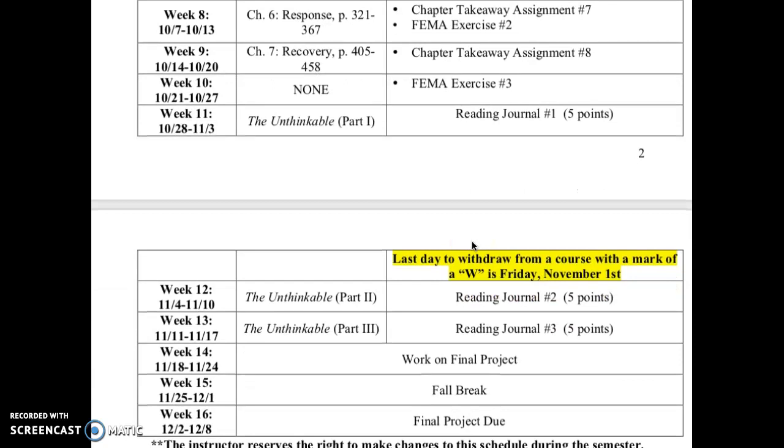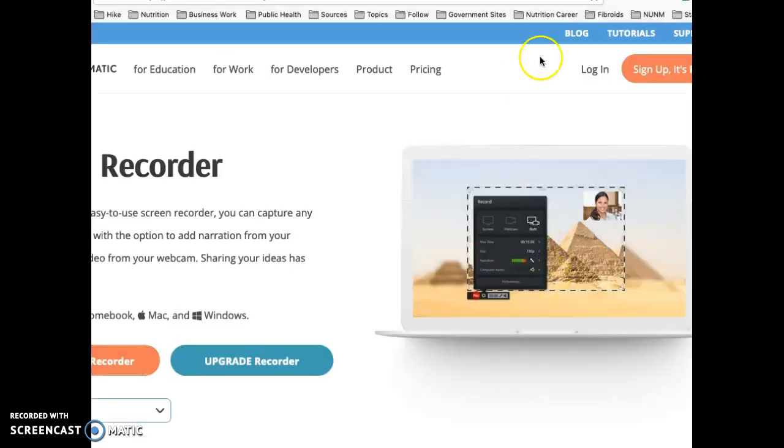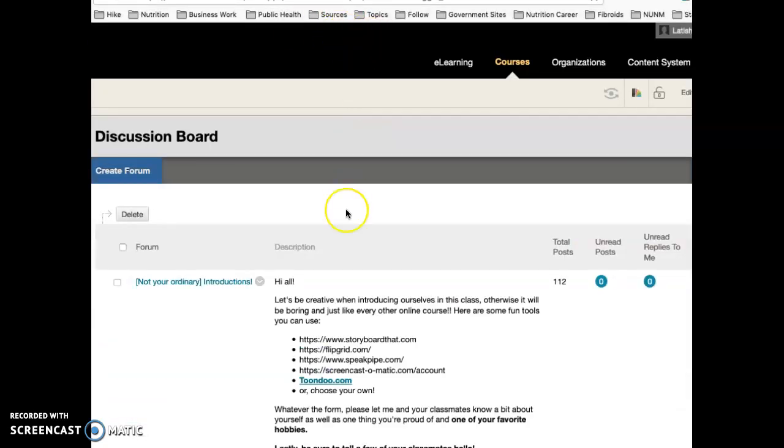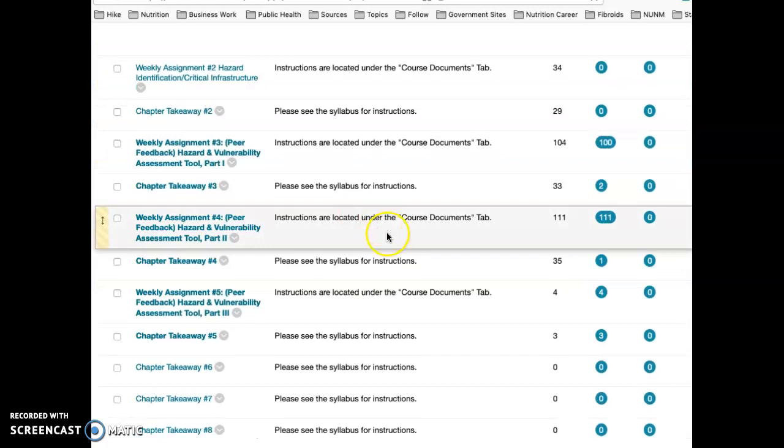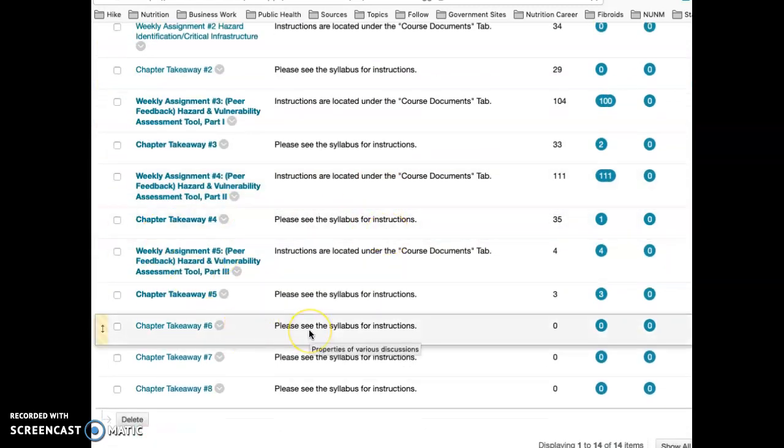So there's that, and then we jump into the reading journals, which I've given you examples for on the website too. Those are more like opinions, feelings, no citations necessary, not at all. So it's like a chapter takeaway, but not scholarly. I just want you to tell me your thoughts and emotions. This is why I have you put the chapter takeaways here, but for the reading journals, I just have you submit them right to me.